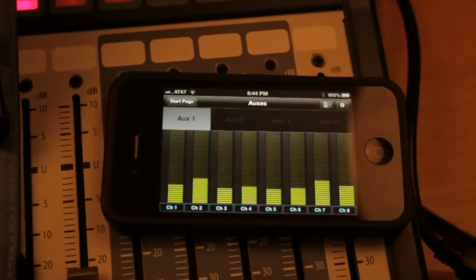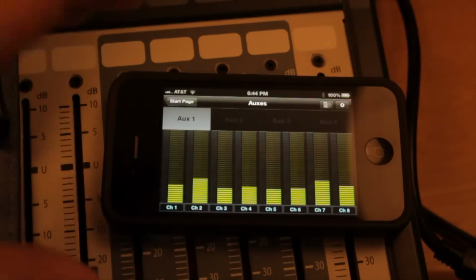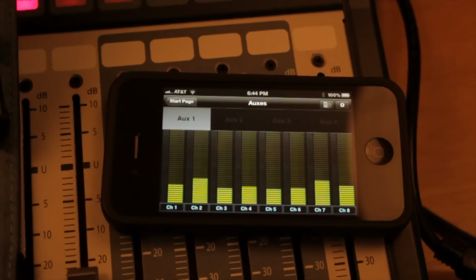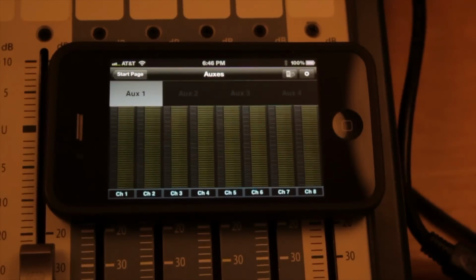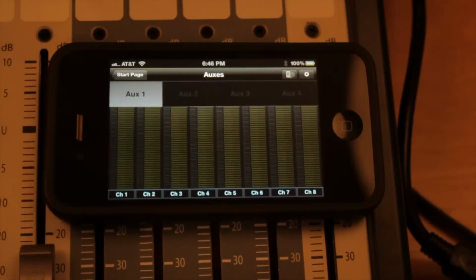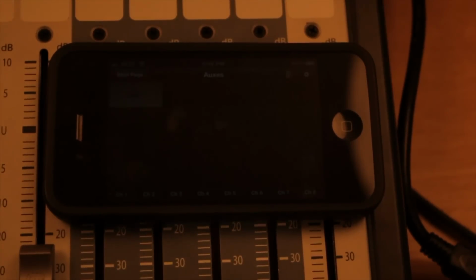I'm going to just play some stuff back from a show that we recorded a couple weeks ago, and I'll show you how that will actually affect from your iPhone what you actually hear in your mix. Okay, so I'm going to go ahead and play some music back. This is just some stuff that I have in Capture. I'm going to play it back. I've had to enable FireWire input on all of the channels that I'm going to play back on, and right now I only have aux 1 turned up on the mixer, and that's all I'm going to be controlling here. So we're going to hear that out of my left studio monitor here, and as soon as I press play,